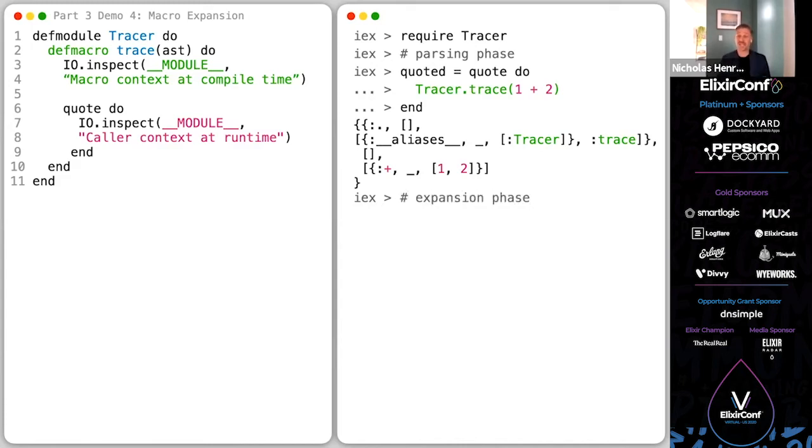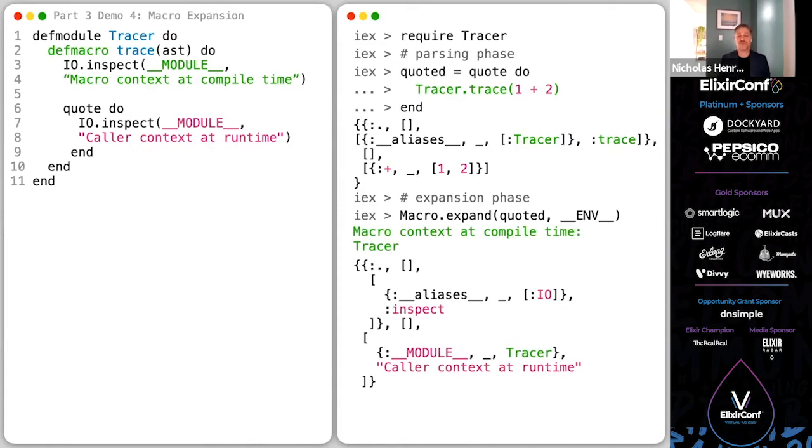Okay, now we're going to emulate the expansion phase. And with macro expand, this will emulate this expansion. And we're passing the AST that we set up previously to that. And when we invoke that, you can see, of course, we've got our compile time message.